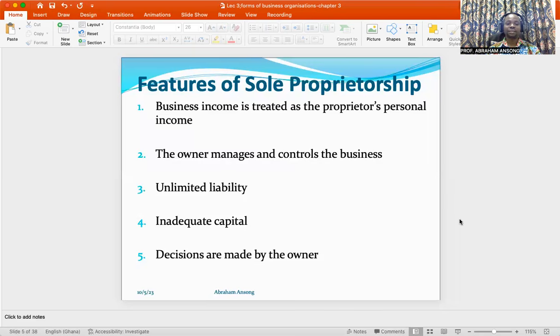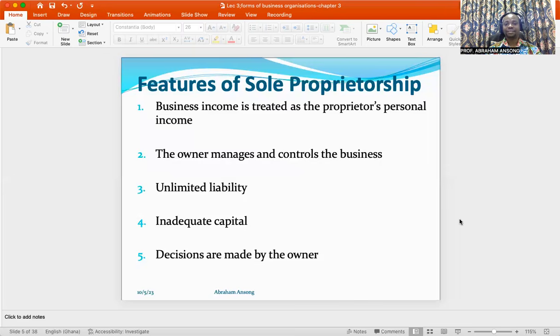All right. Point 4 is that they tend to have inadequate capital. And I think the reason is obvious because it's normally owned and managed by just one person. This person normally will have a limited amount of capital available. Okay, so if you even compare that to just partnership, it's better to have 2 or more people coming together. They are likely to be able to contribute more capital in running the business than where you just have one person setting up a business. But the reason why these types of businesses tend to have inadequate capital goes beyond just the contribution of the owners of the business.